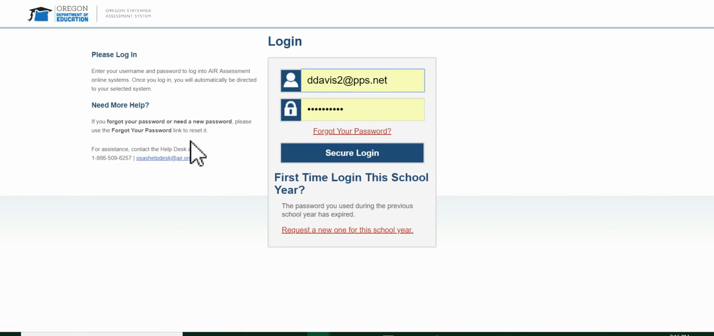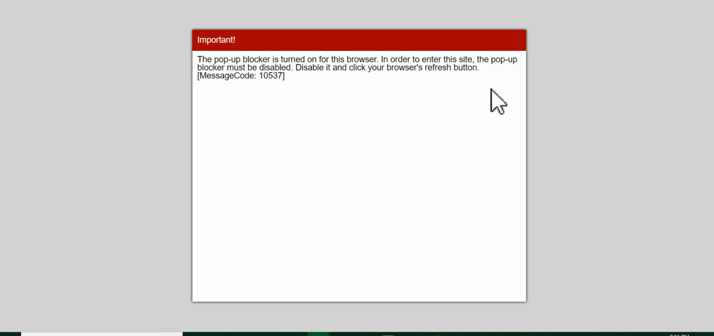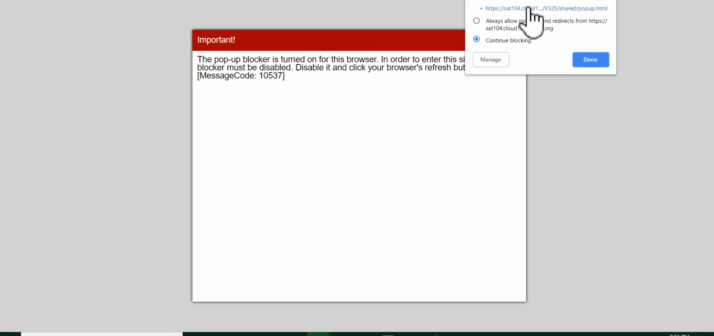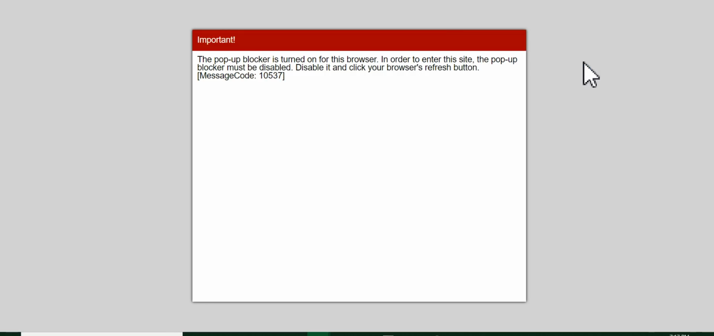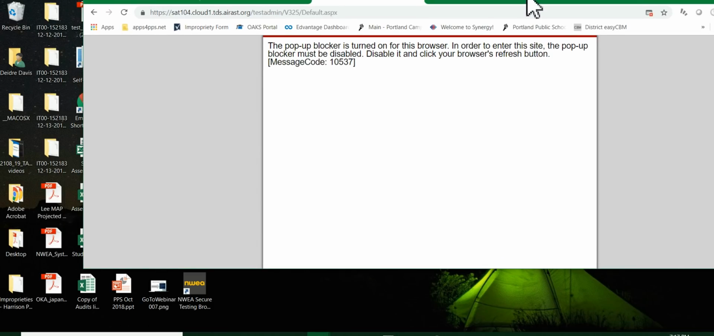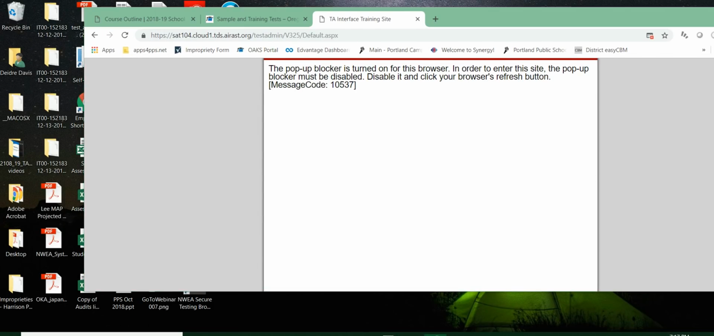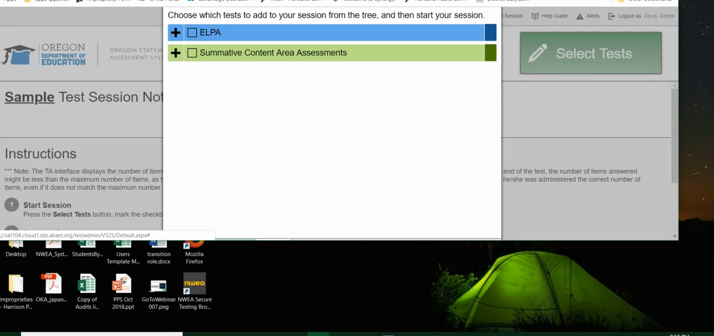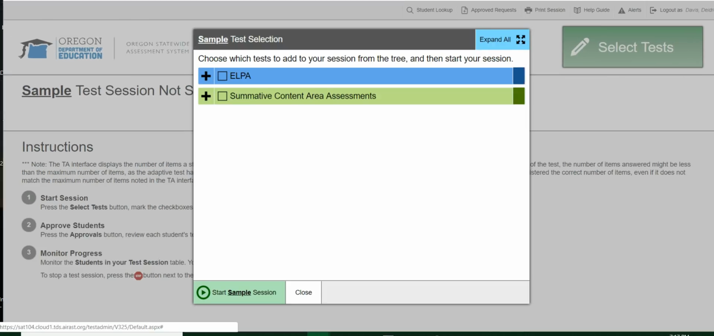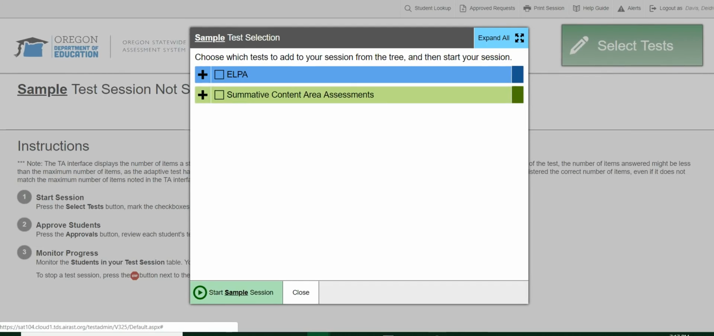Okay, and you'll be prompted to log in. You may get a pop-up blocker. If so, go ahead and up in the bar there, allow the pop-up, and then you will have to refresh your page. So we're going to go ahead and refresh that page, and then once that page is refreshed,